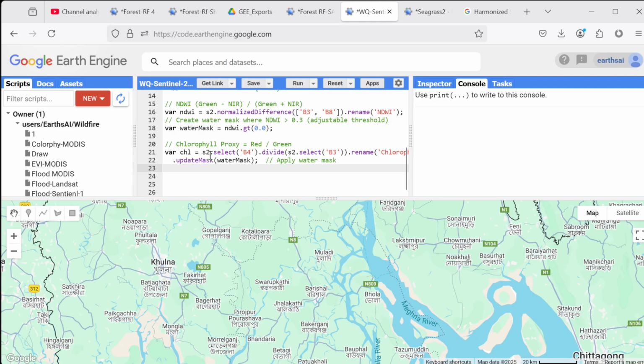I define S2 select band 4 divided by S2 select band 3, and rename it to chlorophyll and update the mask with the water mask. We add a water mask here, and we use the NDWI also to mask, to show only the water area, because we want to monitor the chlorophyll in the water area, and after this we visualize